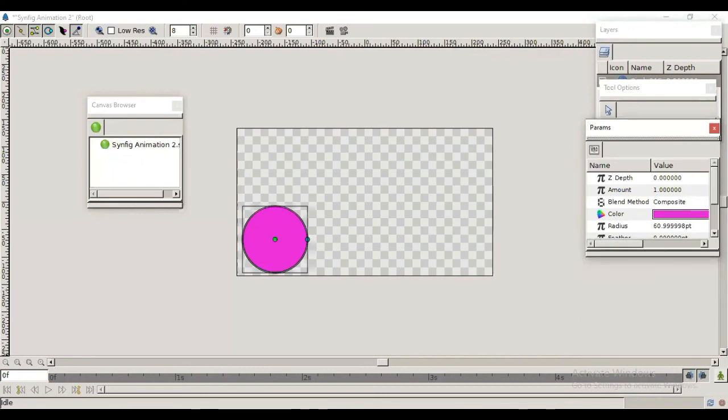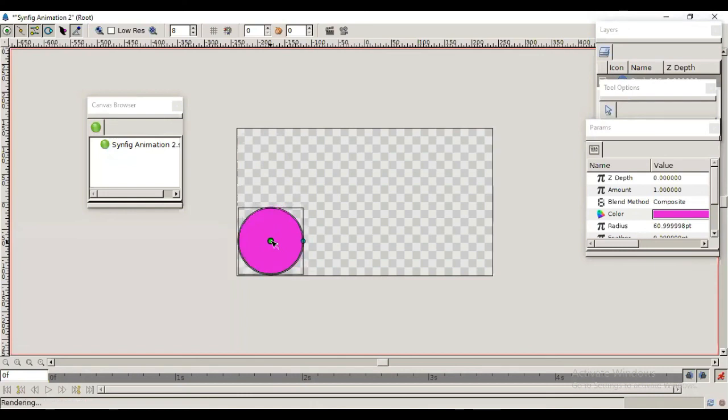Now this is one button. This is turn on animate editing mode. So when it is green, at that time we can't give animation. So first of all, I am clicking it to start animation. Now it is on. So take it to the starting point from where you want to start your animation.